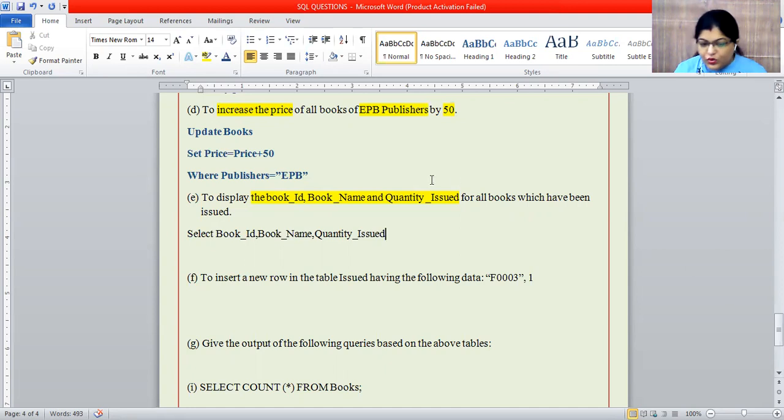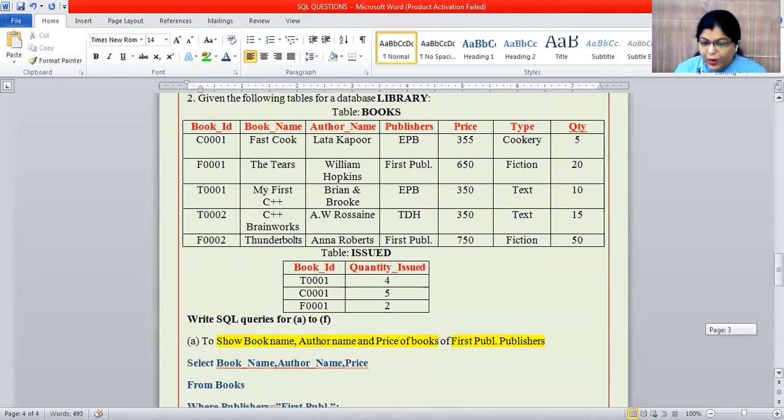Now see this question very carefully. This question is a little bit different. They have said book ID, book name, which are here. I can do that very easily.